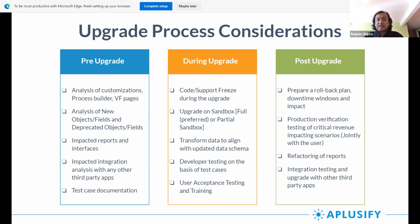It's important to maintain continuity and not do it in a rush. And once you have completed all the things on your Sandbox after the upgrade, it is important on the day of upgrade to do some real sanity check. You can call it product verification testing, you can call it sanity check, you can call it post go live testing, where for 1 or 2 hours everybody is given time to test it and see if really there are